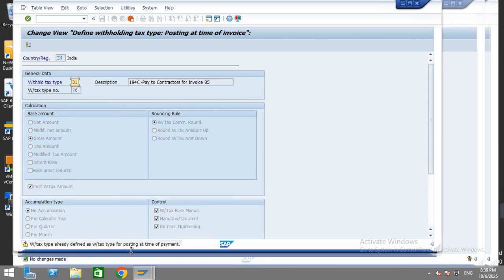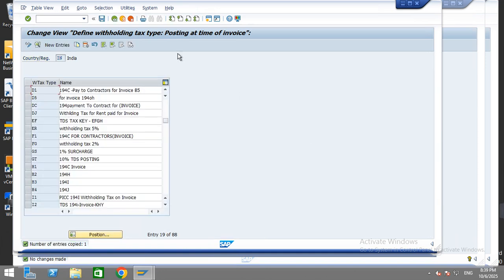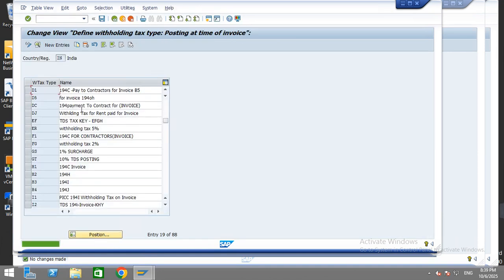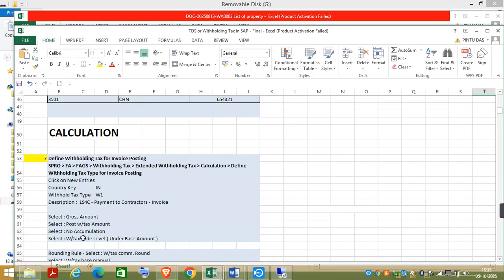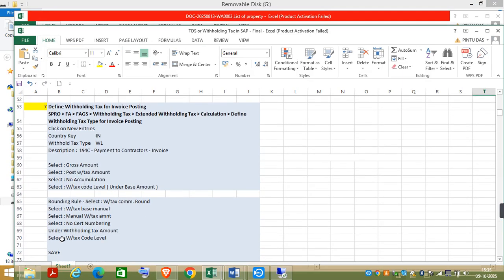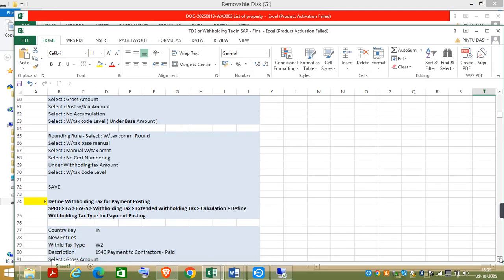Tax type already defined. Okay, no problem. Enter. So let me check what D1 has been saved. Yeah, this is our batch 5 D1. Withholding tax type for invoice posting. This one, invoice posting. This study material you will get, whatever you have to select, it is given here. You have to do exactly the same way. Next is